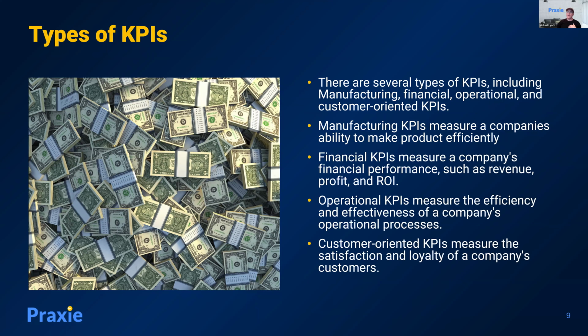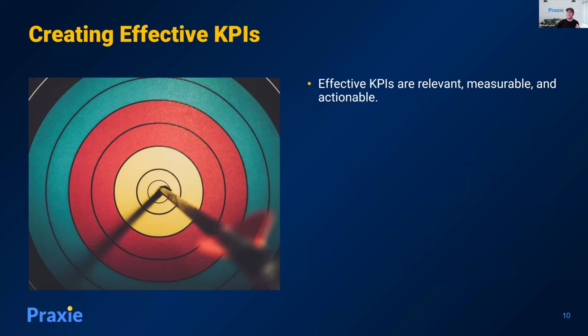One of the challenges that we dealt with, and the reason we put this together, is that often when we're talking with clients, the team doesn't have a lot of expertise in the KPIs that they should be generating. They're trying to understand what are the KPIs that are most effective for what I'm trying to do. So KPIs are relevant, measurable, and actionable.